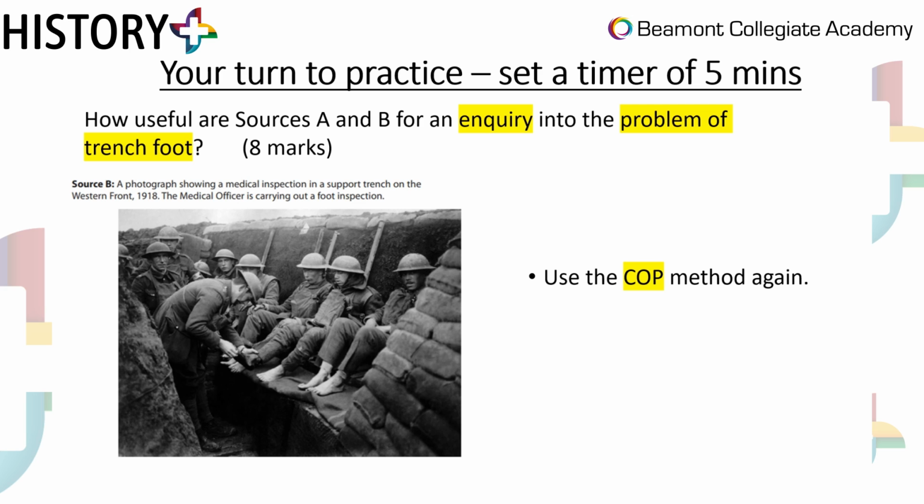It's really important when you're revising to set timers so it's more realistic, more like an exam situation. So you're going to answer the same question, but this time you're going to analyse source B, which is an image, it's a photograph source. You're going to use the same COP method. You may find that you might not be able to get as much out of it, and that's fine. I find that it is harder to analyse photographic pieces of evidence because you are purely relying on what you can see. So just say what you can see, pick out the obvious,